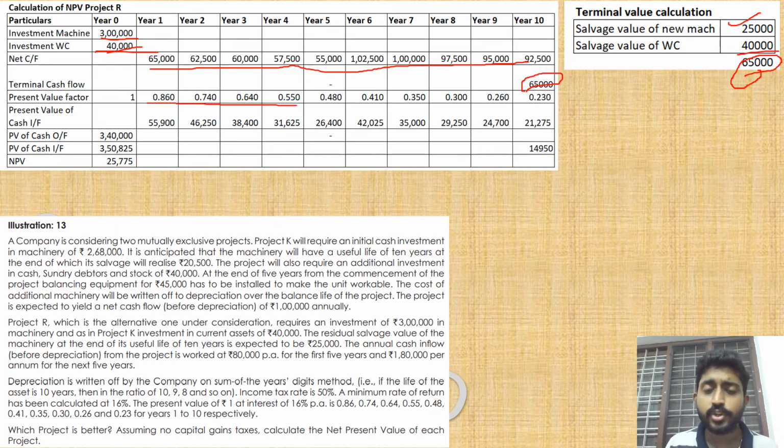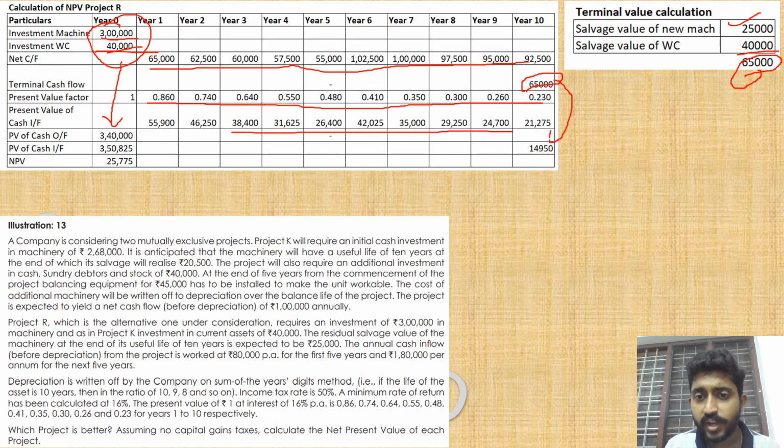Present value factors are given in the question. Multiply by the cash flow and you can find the present value of cash inflow. 3,40,000 is the total investment that is brought in here. And what is the cash inflow? All the cash inflow for all the years, plus the terminal cash inflow of 65,000, which is also a cash inflow for year 10. So the total cash inflow is 3,50,825 plus 14,950, minus the cash outflow of 3,40,000, will give you